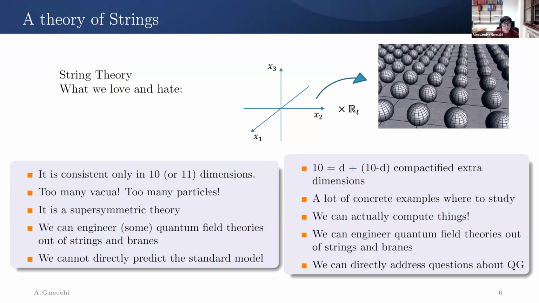So until we find all of those or additional particles to the standard model, this seems another problem. In order to be consistent, string theory requires supersymmetry, which is still to be found in colliders, but that doesn't mean it's not realized somewhere in the universe. And not all possible effective quantum field theories can be derived from string theory. So, as I said, in particular, we cannot predict the standard model.